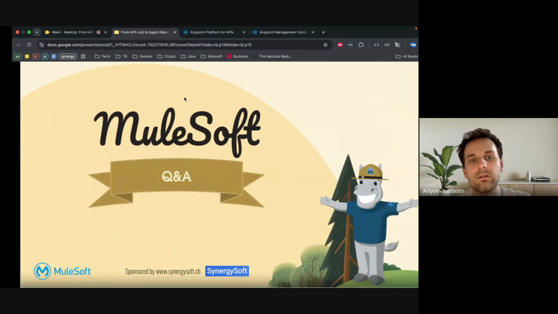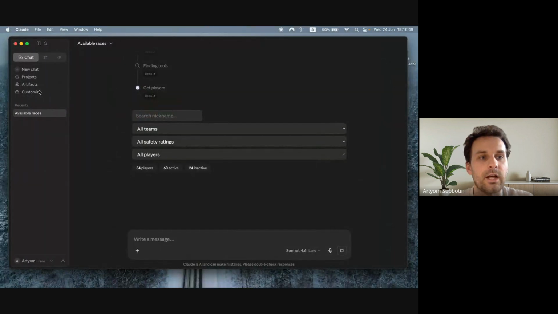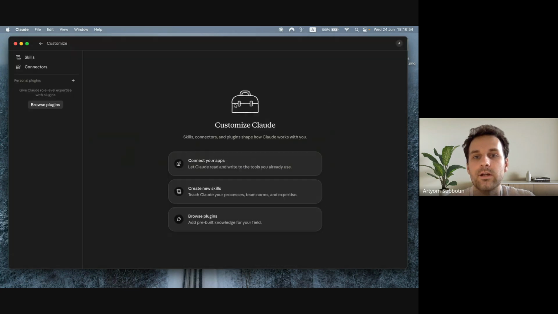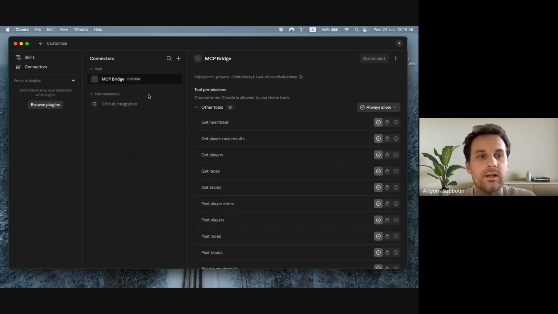But anyway, we write a custom connector configuration inside our agent. That's why the list of available tools will be retrieved from the MCP server. And by doing this, we are establishing a connection between, in our case, Claude and MCP bridge or MCP connector.